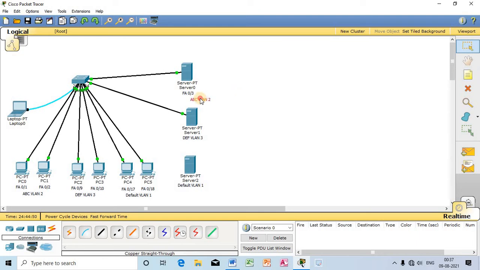So you can watch, we have connected 3 servers to 3 separate VLANs.